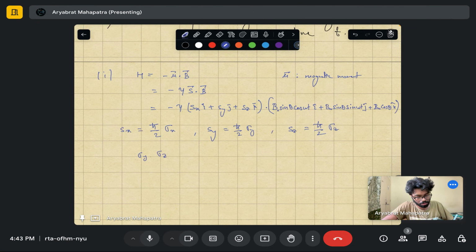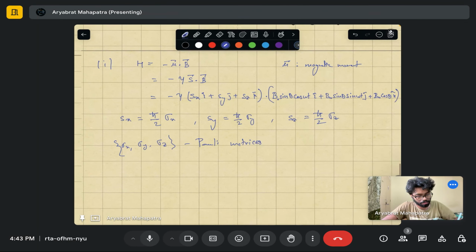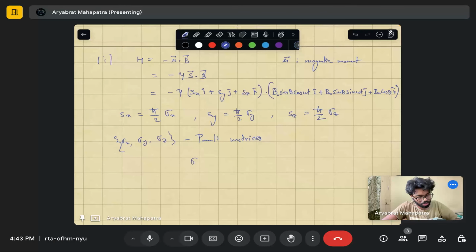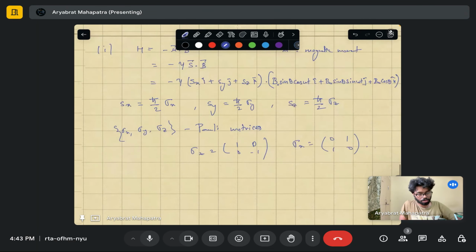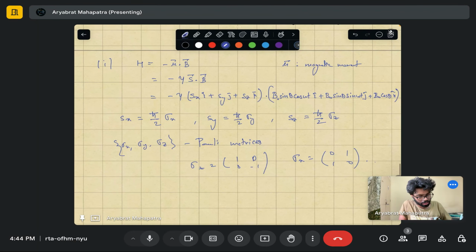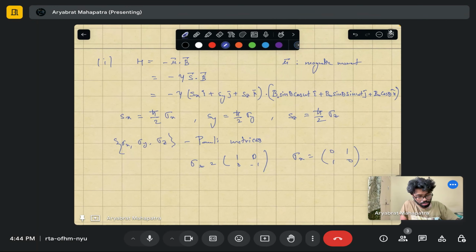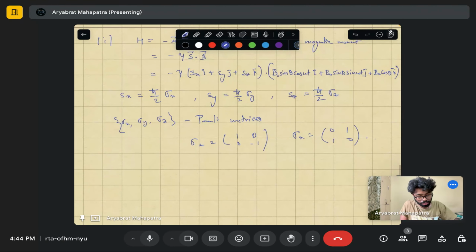So sigma y, sigma x, Pauli matrices, and sigma z. As I showed you last time also, these are Pauli matrices. Sigma x is 0, 1, 1, 0. So that we have. We have talked about these matrices and we have used them many times. Then, if you use this form,